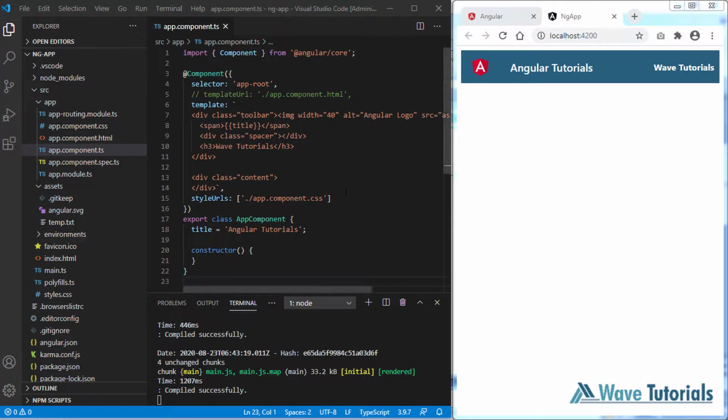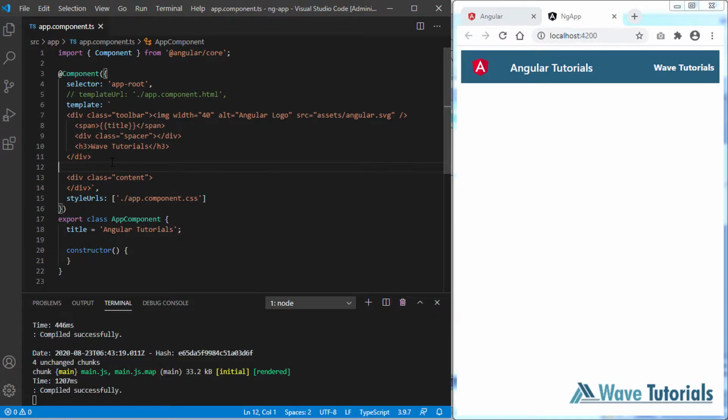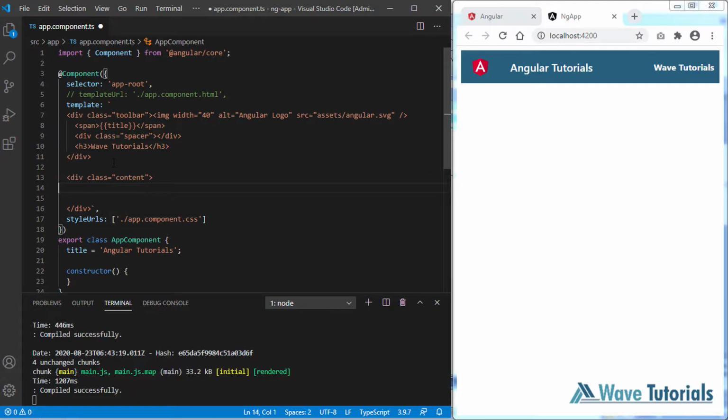I already prepared this component and our application is running on localhost 4200, and in this component we are using inline template so that we can check the changes at same time. So let me adjust the window a little bit so that we can get more space. And to check the event binding, first of all we have to click a button and execute a click event from that button. So first of all, let's create a button here